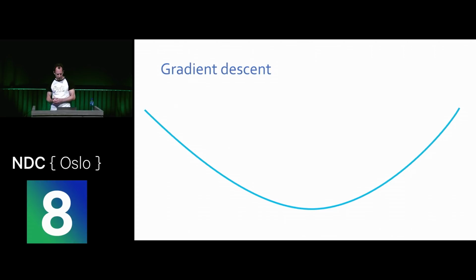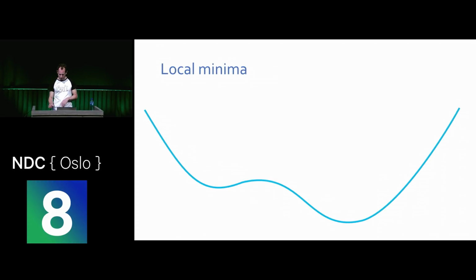And while it's doing that, I'll cover a couple of other things, which is this gradient descent that we talked about before. That's a nice curve. It applies to a single training sample, but when we take all of them into account, we end up with something way more complex, and you get this phenomenon called local minima, where it can end up getting stuck in there. And this is one of the reasons why we initialize the weights and biases to small random values. So just by rerunning it over and over again, you'll end up in different spots. So you choose whichever gives you the best final result.